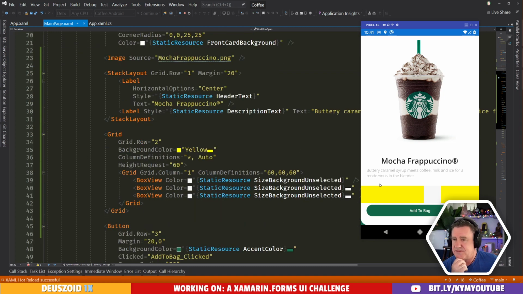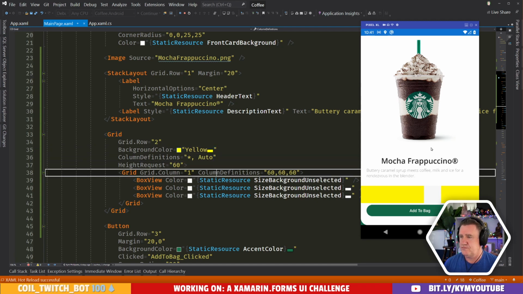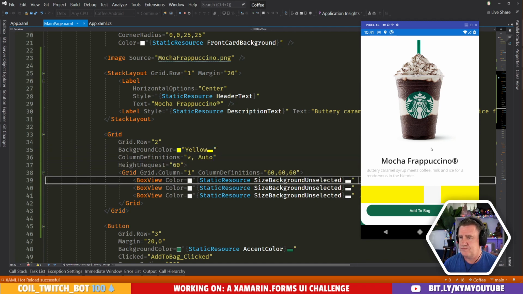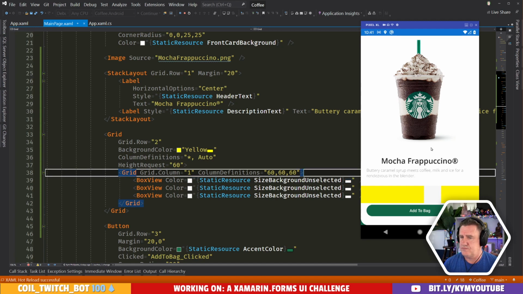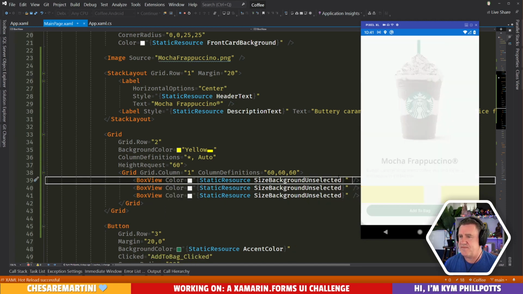All right. So, do we have a border color? We don't have a border color. Maybe we should do this just with shapes to start off with.